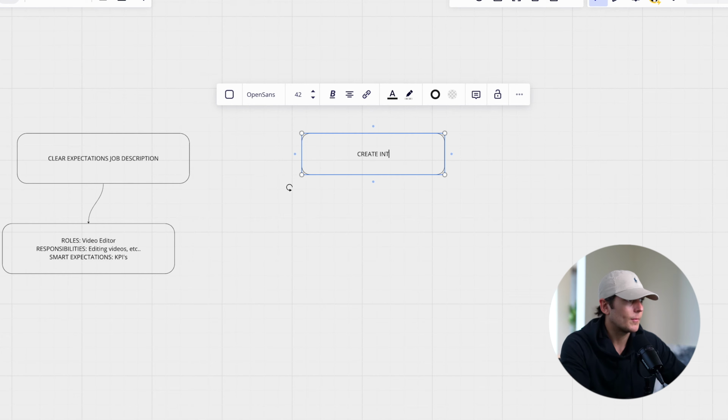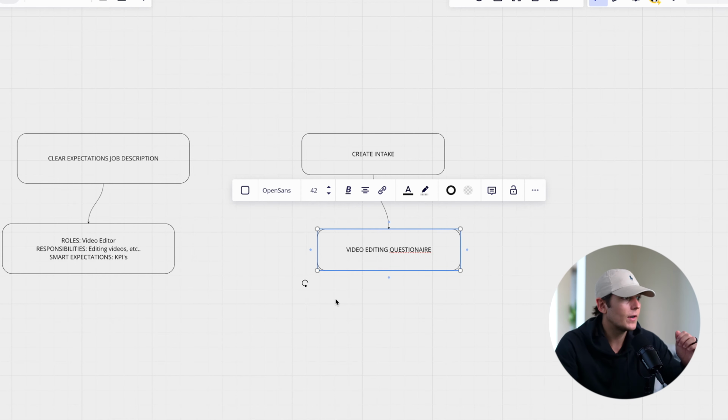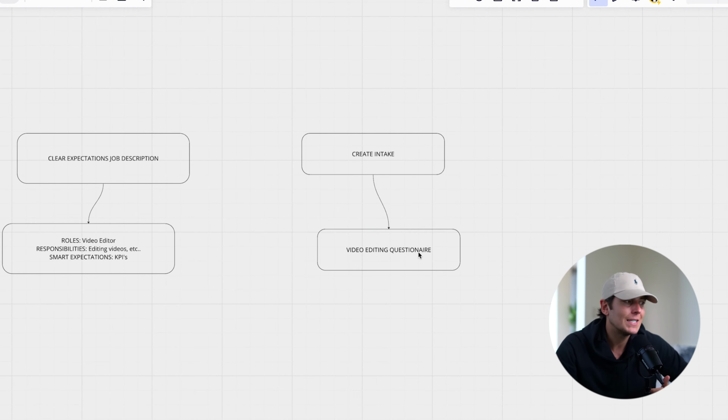So an intake form is essentially a form that we're going to build through Google Forms that we're going to drive traffic to, to filter out candidates essentially. So basically the form, we can call it a video editing questionnaire. And the video editing questionnaire is going to be where we're going to be driving all the video editors to